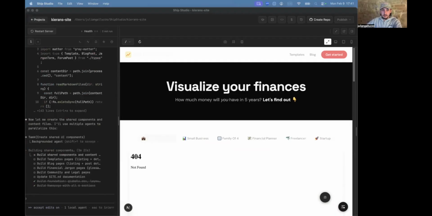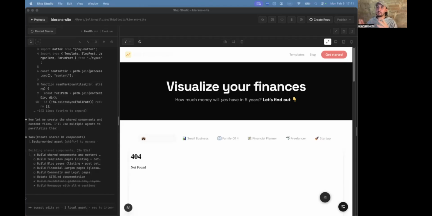A few people are going to be asking about Ship Studio. Like, is it publicly available? Should they be using it? Is it an IDE? So, okay, where do I start with that? Publicly available? Yes. Currently, you can go download it for free on Mac and you'll be good to go. Windows support for anyone here who has a Windows should be coming literally later today. So if you have a Windows, then stick around.